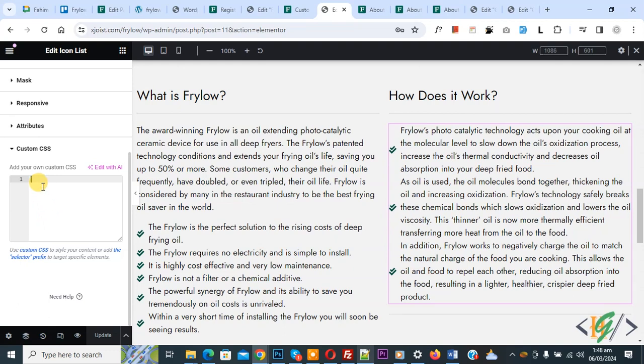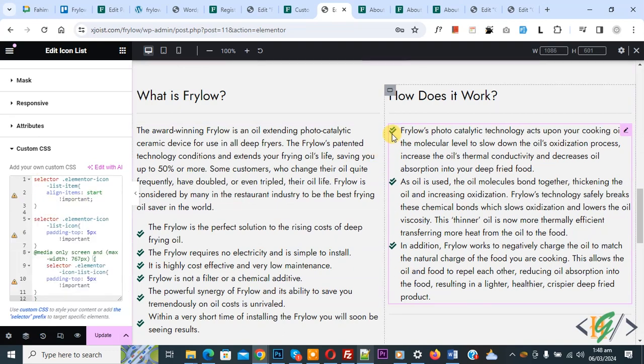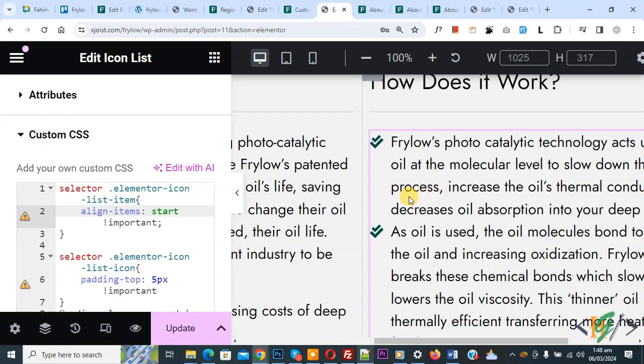Now paste. Now you see the icon alignment starts from the top. You will find all the CSS in the video description or in the comment section, for Elementor Pro and for Elementor only. Now you see icon alignment and then the custom CSS. We are using Selector because we added custom CSS in Elementor Pro. And then you see elementor-icon-list-item, align-items start, and then Selector,